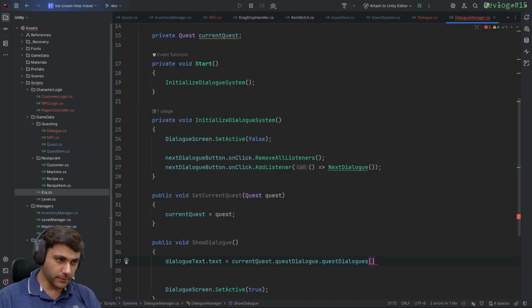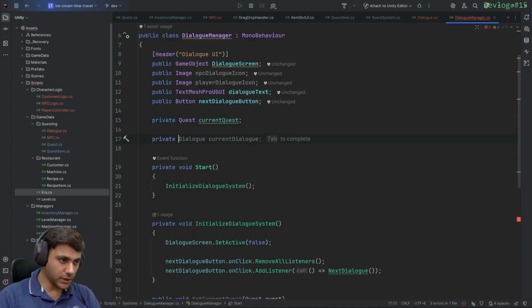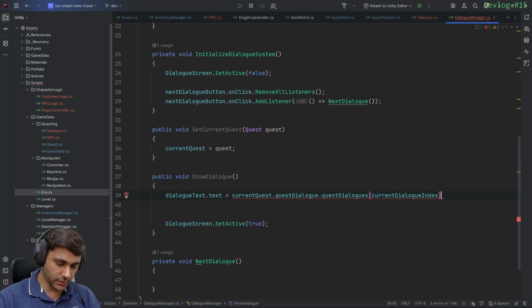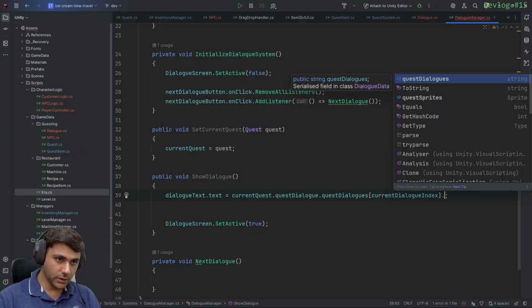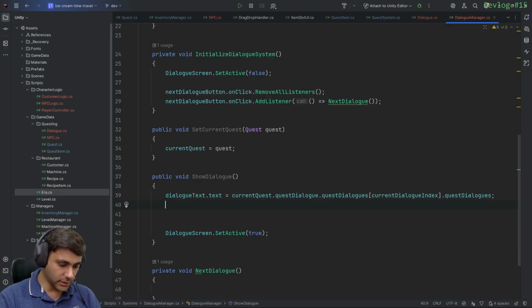So this would be, let's not do something like a hard code. Our code would look ugly, at least as for me, it looks uglier. Current dialog index would be 0, and current dialog index would be and dot, and the next thing would be